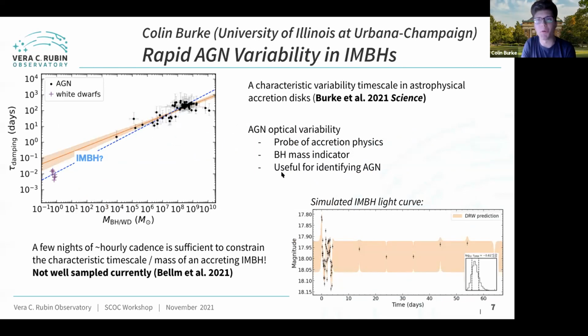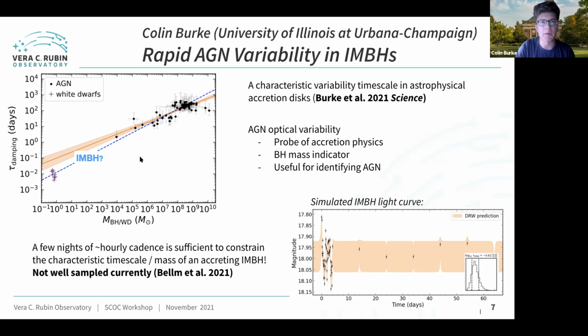So this is my pitch for having at least some Rubin light curves sampled with a cadence of a few hours. I'm interested in AGN variability. AGN variability is stochastic, but there's a characteristic time scale in the light curves themselves. The plot on the upper left here is the characteristic time scale in days versus the black hole mass. The characteristic time scale is sometimes also called the damping time scale. If you're familiar with the structure function, you can think of it as the frequency or the time scale where the structure function turns over in AGN light curves.